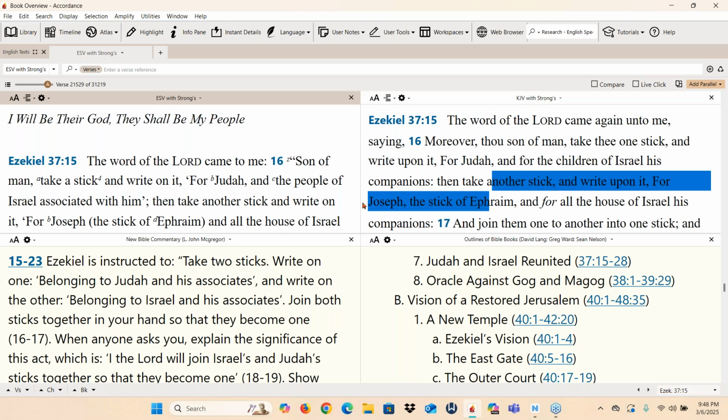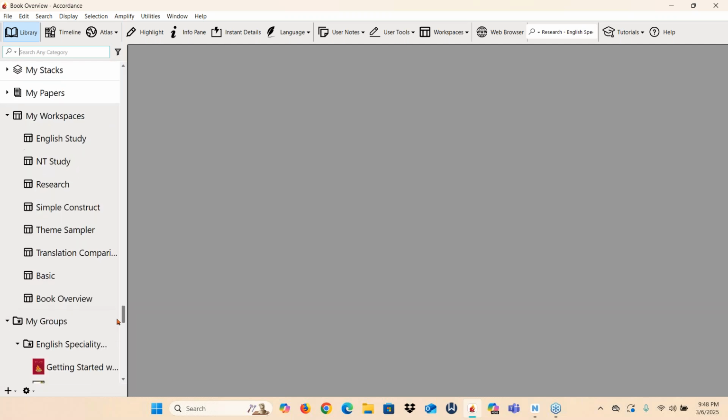You can create workspaces. You have your dictionaries and so forth. I wanted to also show just briefly something else. I'm going to close these out. In the library again, I'm going to go down to the bottom. The pocket dictionaries. I want to just take a second to show you a little bit on those and how